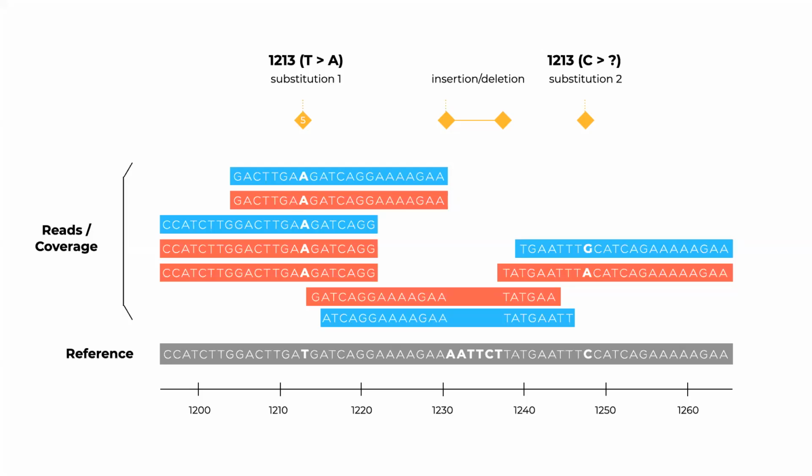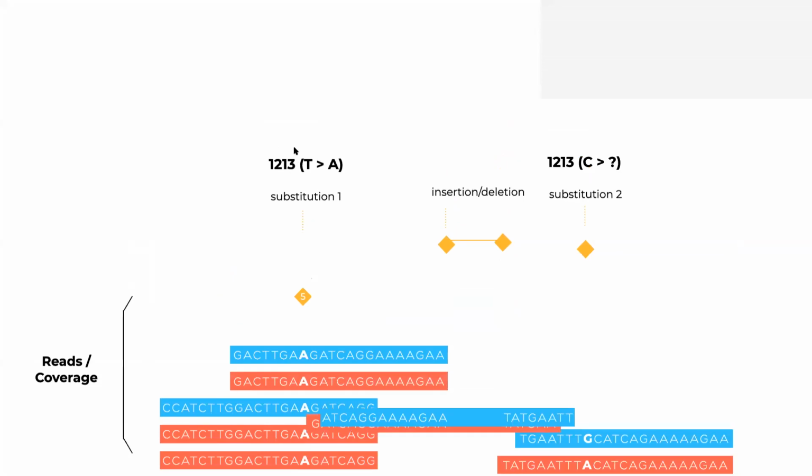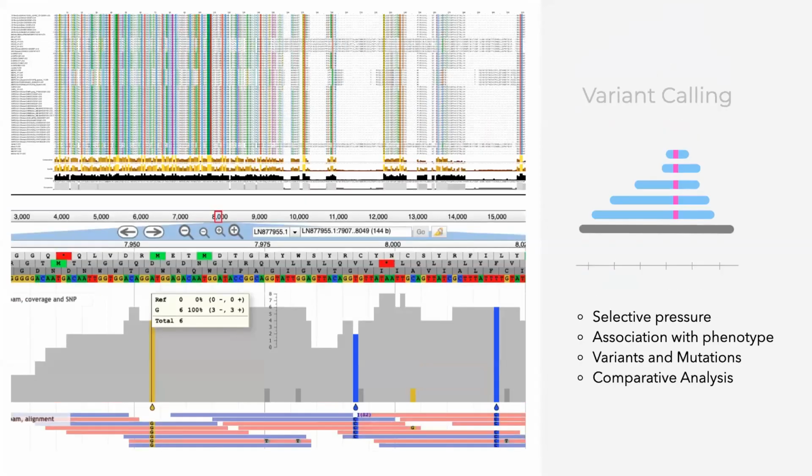Importantly, when we deal with next generation sequencing, we are going to find a challenge of characterizing those changes that only have low coverage. So it's important for us to achieve a high coverage to be able to be confident in the changes that we observe. Once we observe those, we can then start characterizing them by associating them with a particular phenotype. For example,